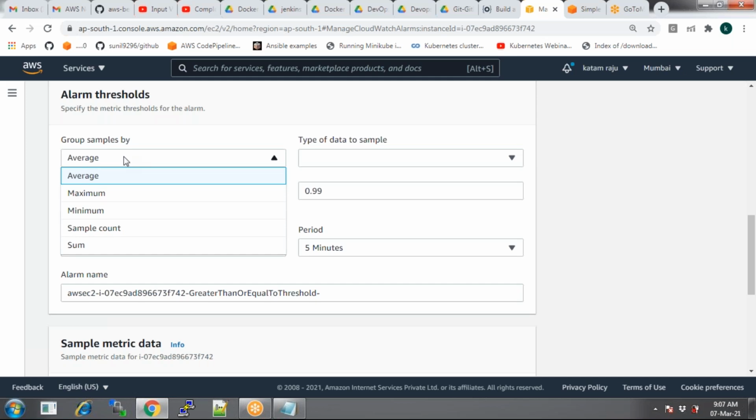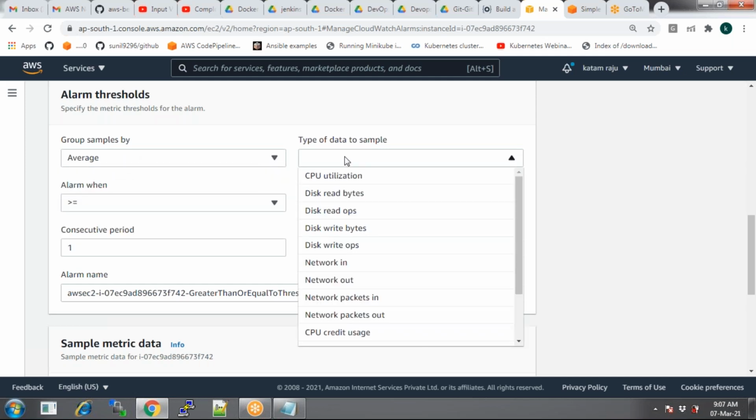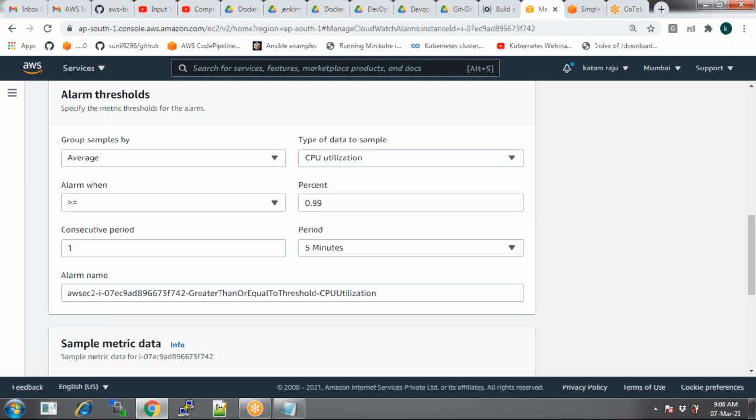Now go with if average, then you have all the metrics. Do you remember these are the metrics? We were going through them at the EC2 monitoring level: CPU utilization, disk read and write operations. These are all the metrics. Now I would go with CPU utilization and alarm when greater than or equal to.